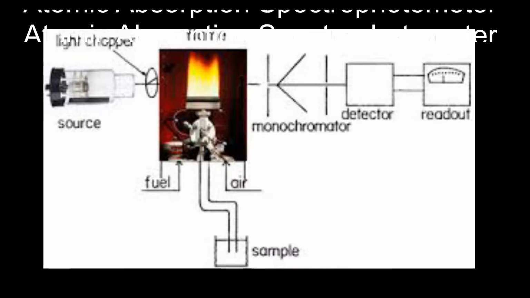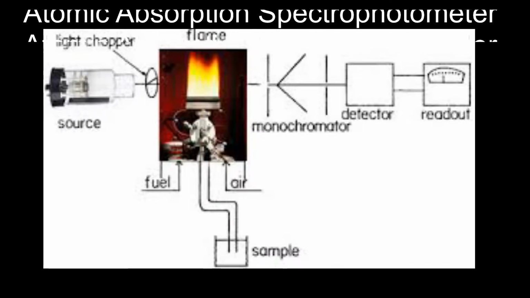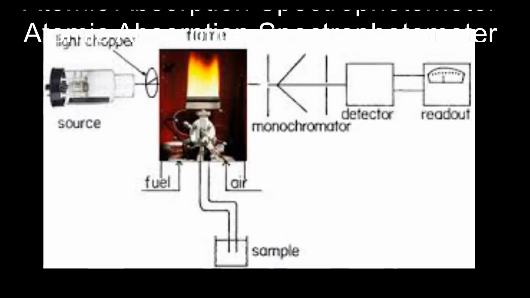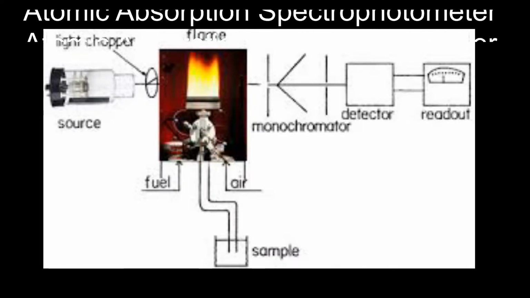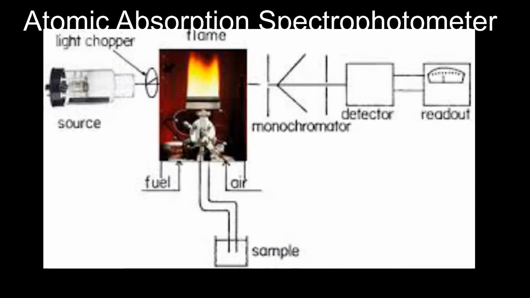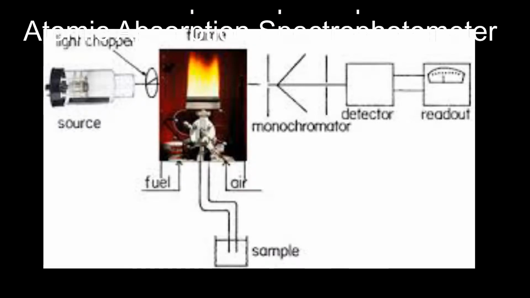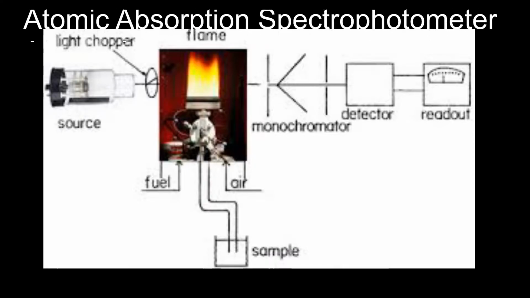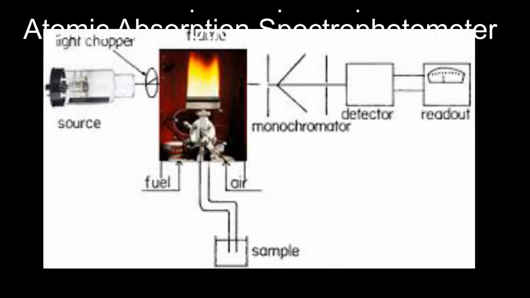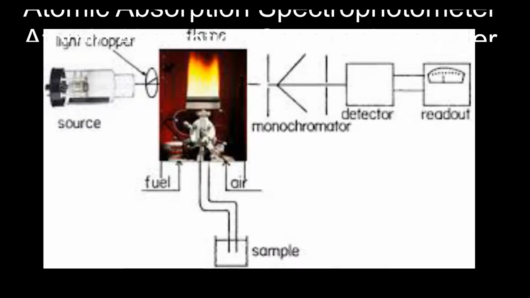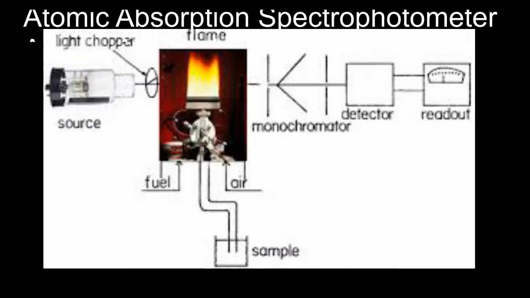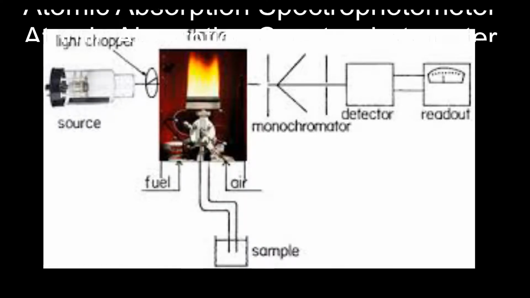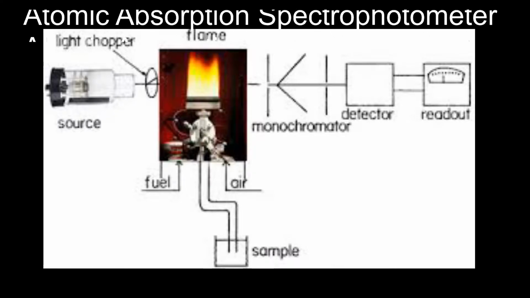The important principle of atomic absorption spectrophotometry is that when a metal salt solution is introduced into a flame, the solvent evaporates, leaving behind tiny solid particles of the salt. These solid particles vaporize into gaseous molecules, which are then converted into gaseous atoms. Most of the atoms remain in the ground state and they are capable of absorbing their own characteristic radiation.